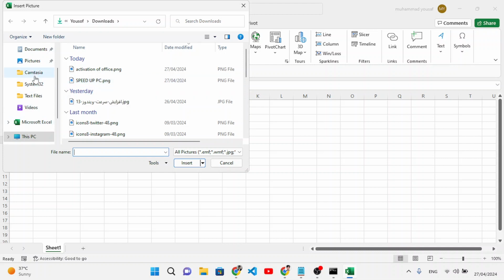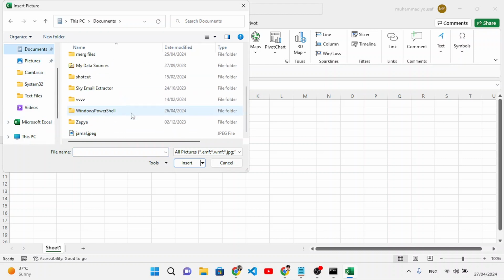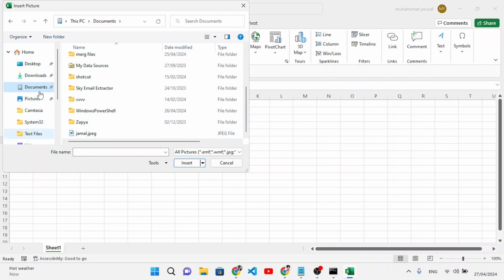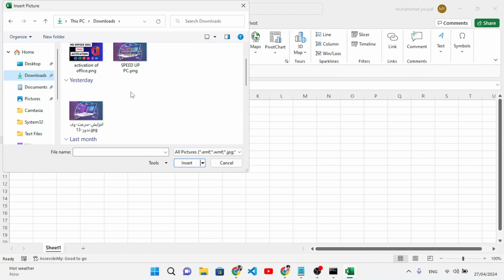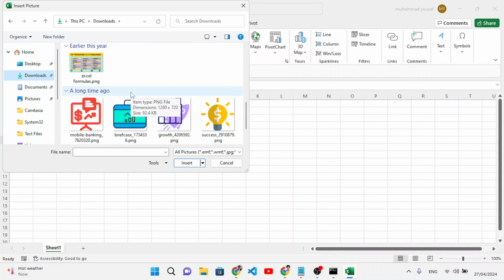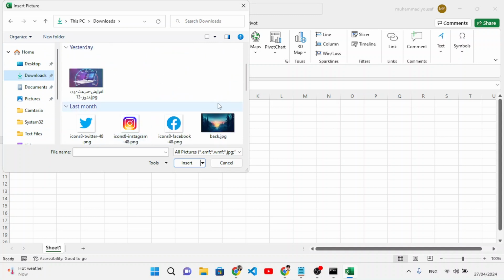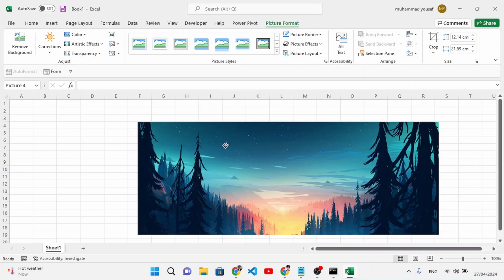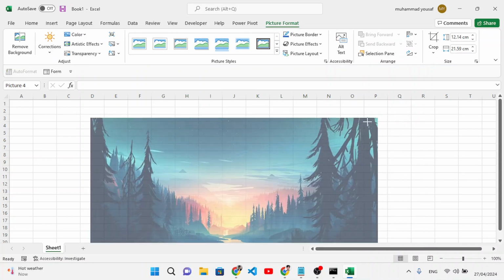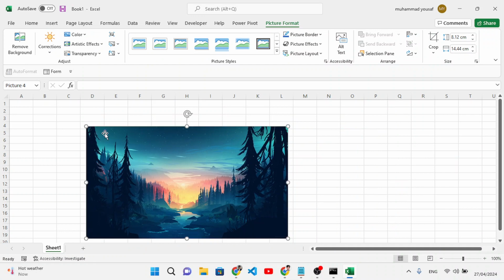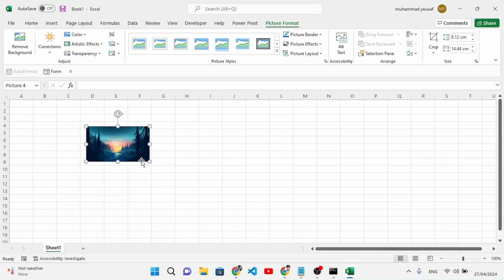So let's move to the documents. I think I have an image here, where I can find. So let's move back to the downloads. So let's insert an image like this one. After inserting the image, it will also automatically resize. Whenever you place it in the cell, it will automatically resize itself. If you increase the height or width of the cell, it will increase